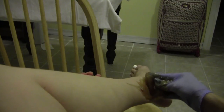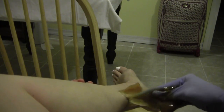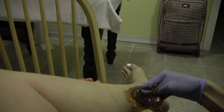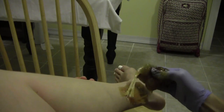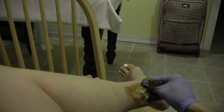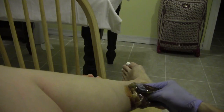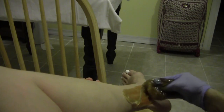over the skin, especially on legs, the better results you're going to have. On other areas of the body, if it's a hot spot, sometimes over molding can make the sugar get too melted and sticky. So that's not the same on other areas of the body, but on legs and sometimes on